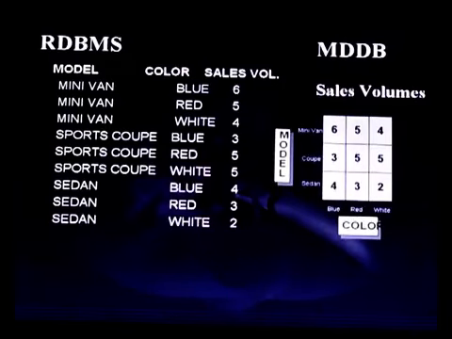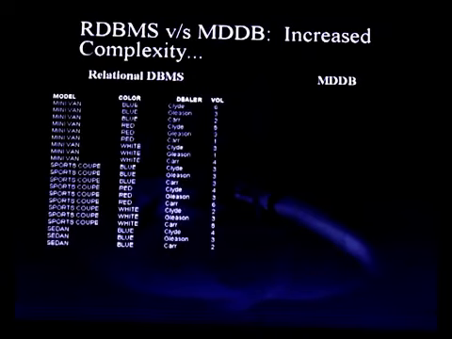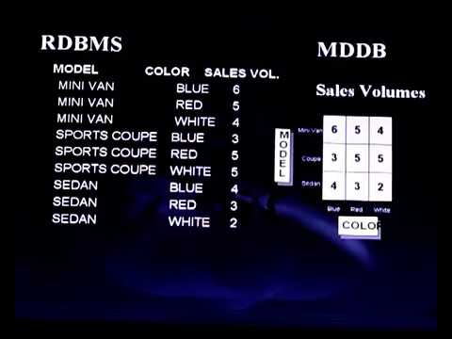Whereas the multidimensional database representation requires only 9 cells, 3 into 3, because there are 3 values here and 3 values here. If you extend the complexity by adding one more column, say dealership, whenever one more dimension is added, I am putting 3 columns for perspectives, that means dimensions, and 1 column for sales volume. So it's a 4-column table.